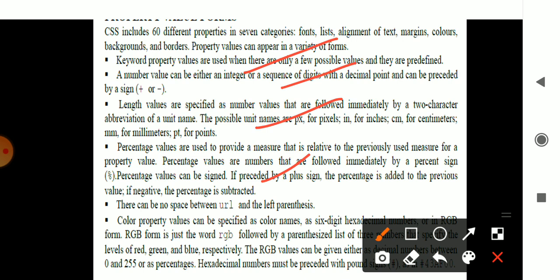Then you can use any of the URLs without a space. If you want to access a URL somewhere else, I want to use a hyperlink, that can be specified, but it shouldn't have any space. And parenthesis, you can use parenthesis if you want to specify it in the bracket, that can be taken into consideration.